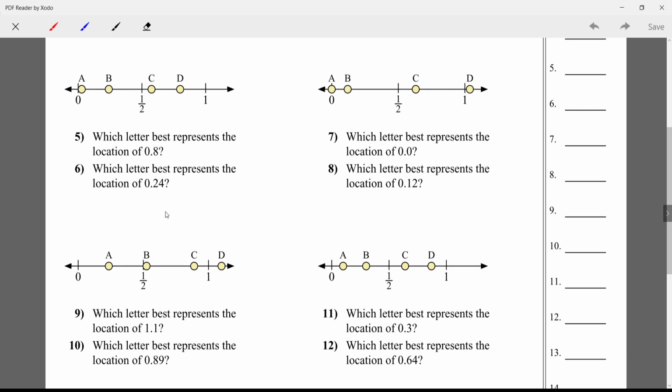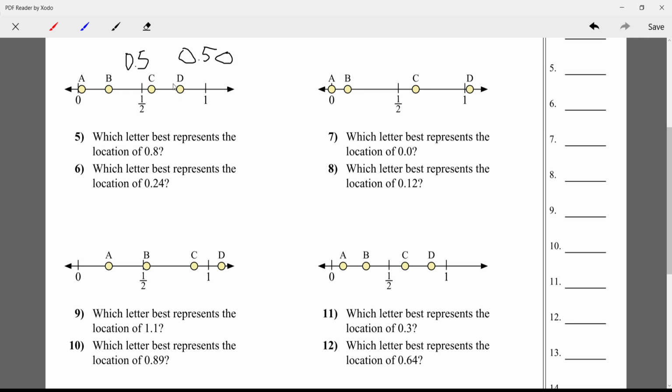All right, let's look at 5 and 6. So, which letter best represents the location of 8 tenths? Okay, so we know that 1/2, as we said before, is 5 tenths or 50 hundredths, right? In case we wanted to look at that. So, if we're thinking about